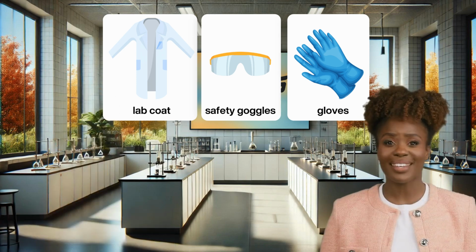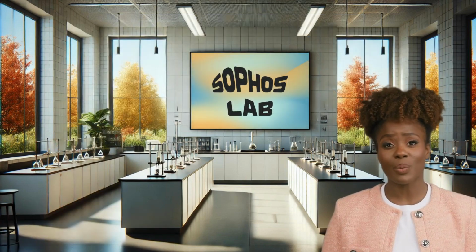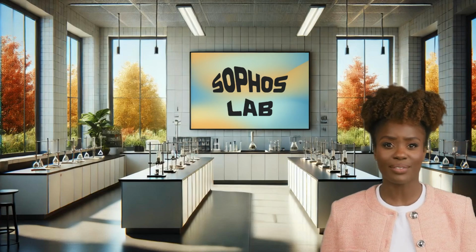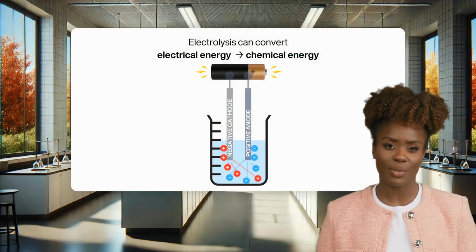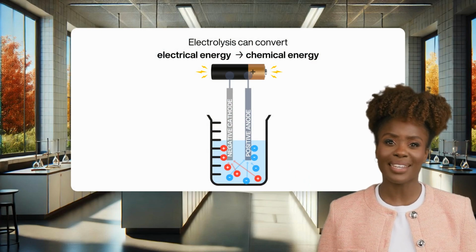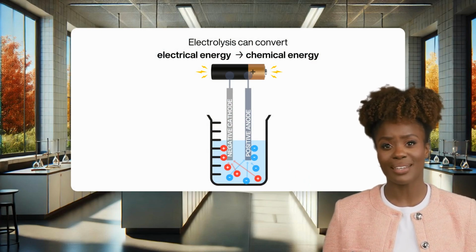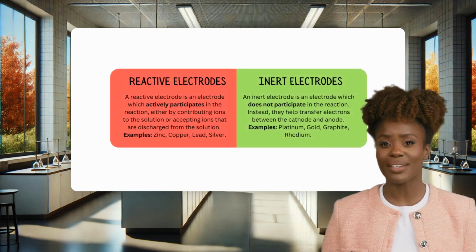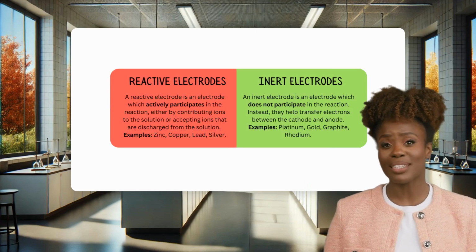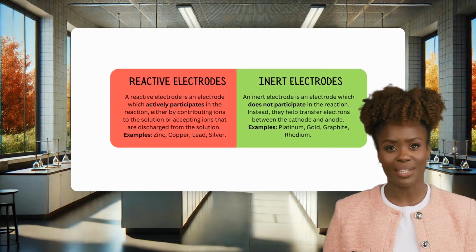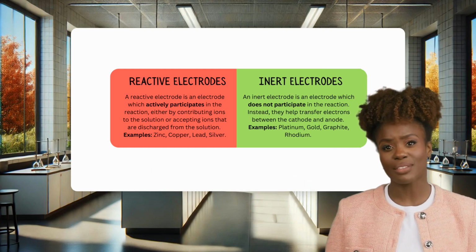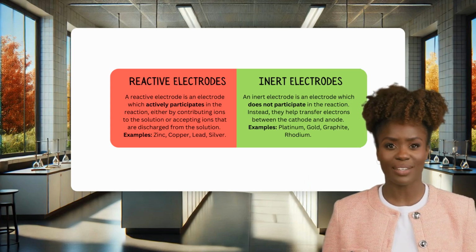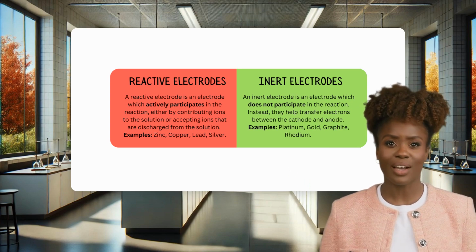Thanks, Sam! As we prep for this practical, let's quickly recall what we've learned so far. We've delved into the principles of electrolysis, understanding how an electrical current can drive non-spontaneous chemical reactions. We've also discussed the role of electrodes, both inert and reactive, and how they participate in or facilitate these reactions. Recall that reactive electrodes are those that actively participate in the chemical reaction, whereas inert electrodes are those that do